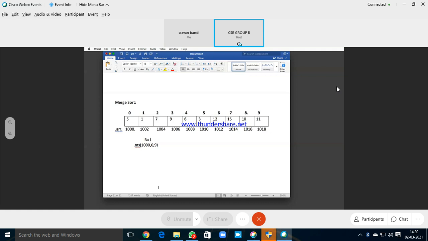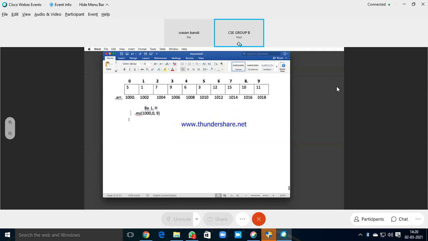I'll mention L for low and H for high, 0 and 9. BA is base address.